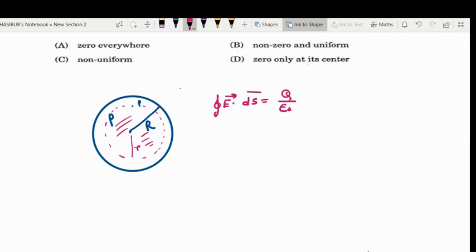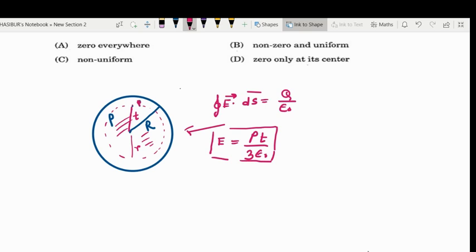Now apply this formula to calculate the electric field inside this sphere. We'll get the electric field at this point P as rho r upon 3 epsilon naught, where r is the distance of this point from the center. So this is the basis of our problem and it will help to solve this problem very conveniently.